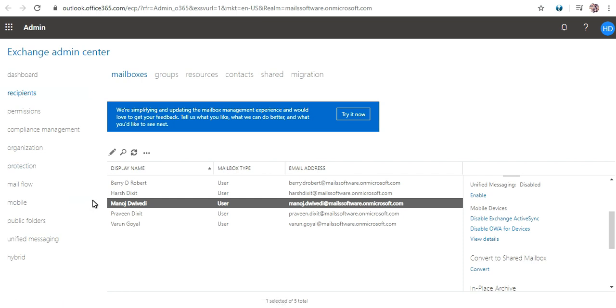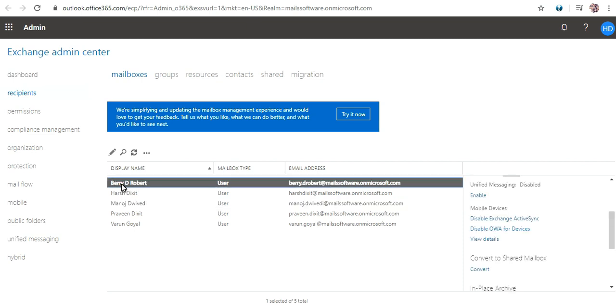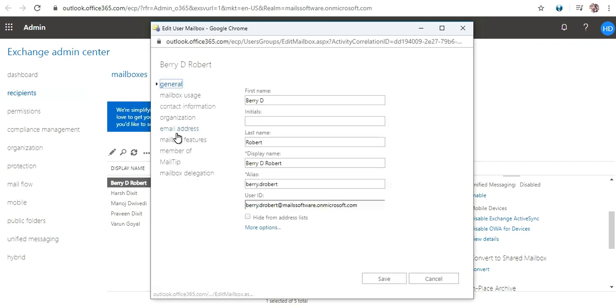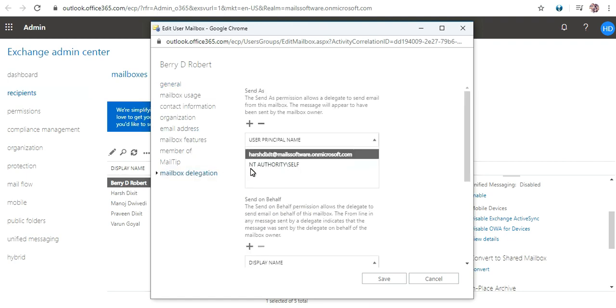From recipients, select the mailbox to which you want to assign the mailbox delegation permissions. I am just opening that mailbox. So I have opened the mailbox information of Barry D. Robert.